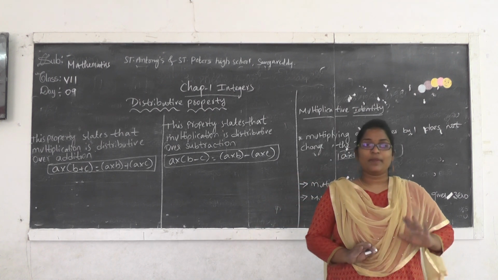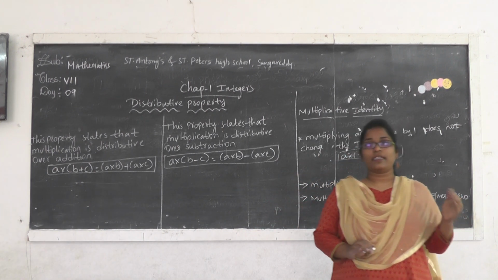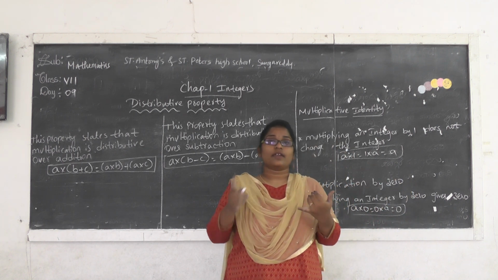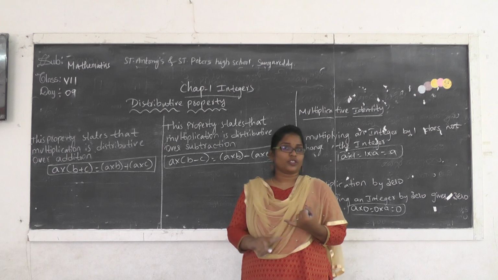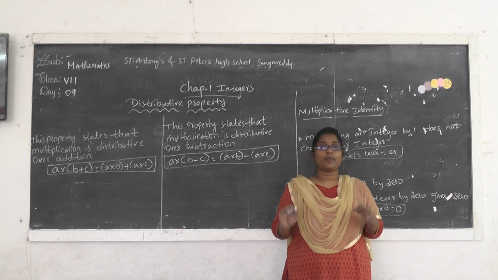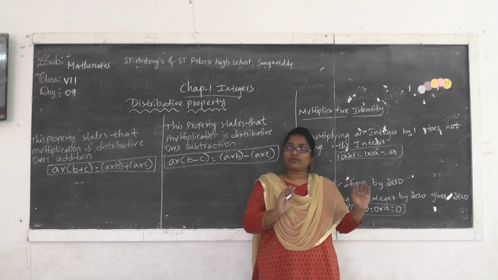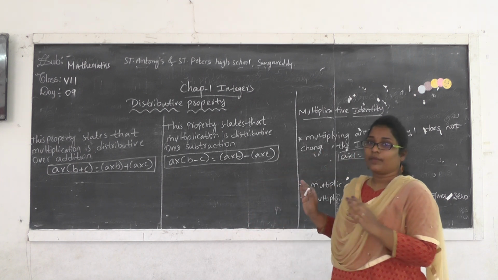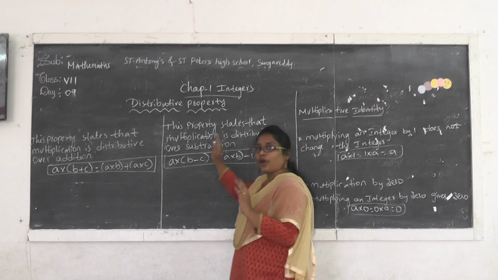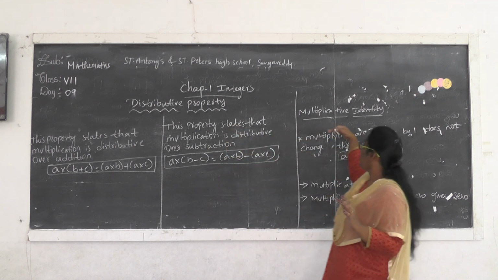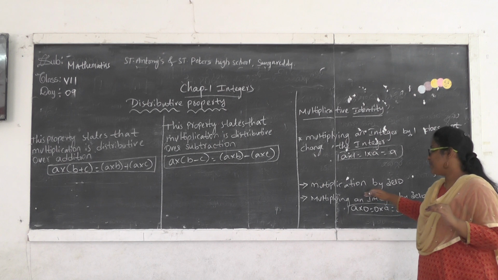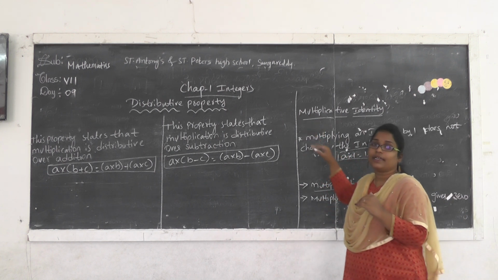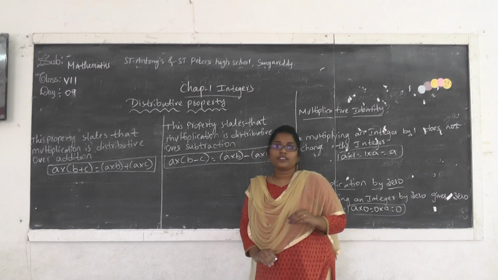Good morning students. In the previous sessions we discussed the multiplication of integers and the closure properties of integers, that is the closure property, commutative property, and associative property under addition, subtraction, multiplication as well as division. Now in this session we are going to learn about the distributive property, what is meant by multiplicative identity, what is meant by multiplication by 0, the properties of multiplicative identity, multiplication by 0 and the distributive property.